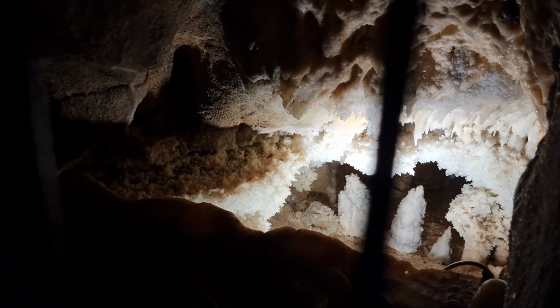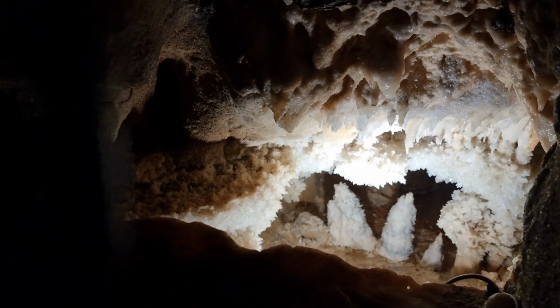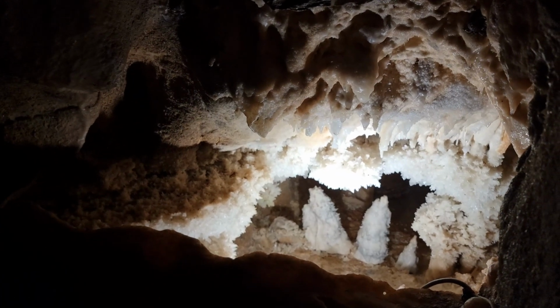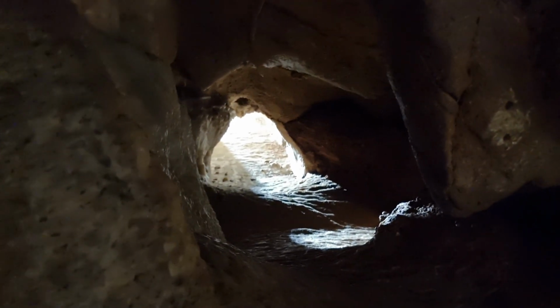Queen's crystal. There was a hole. There's the gate. See, this is connected to a...